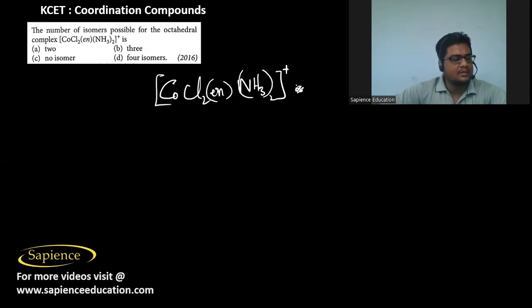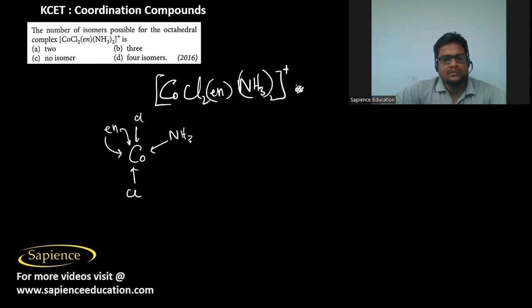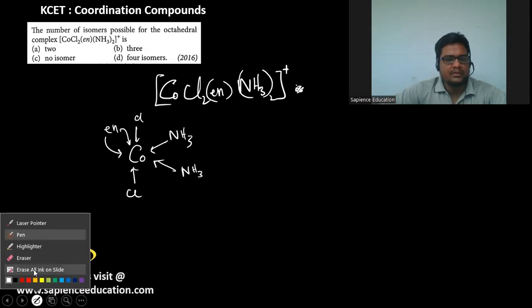So En, as you know, is a bidentate ligand, and Cl and NH3 are unidentate ligands. So we have Co, En, Cl2, and NH3 whole 2. So here it means the shape will be,